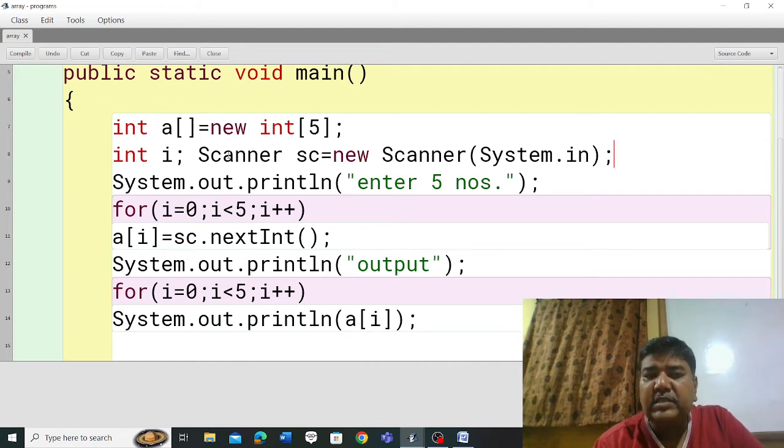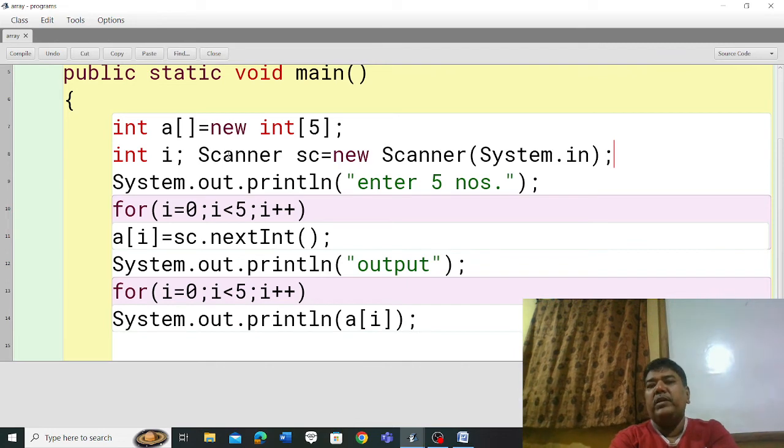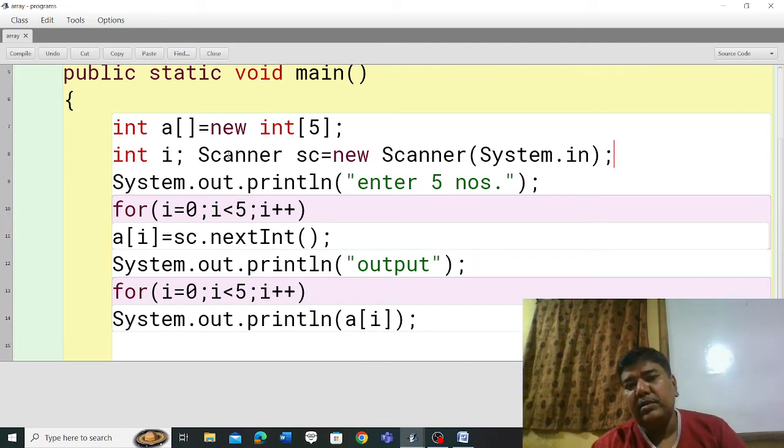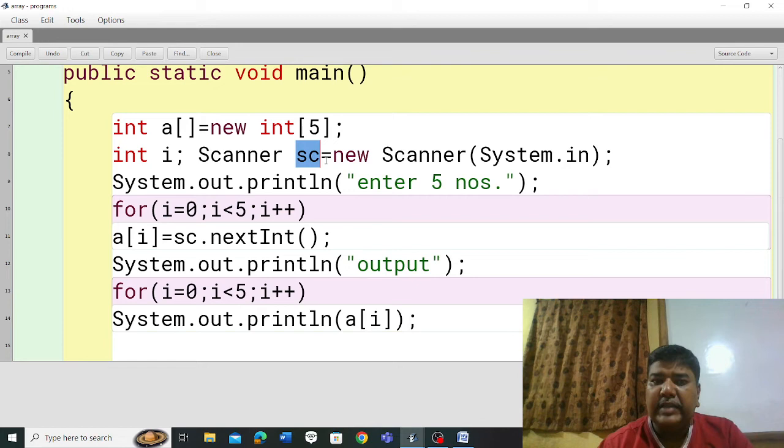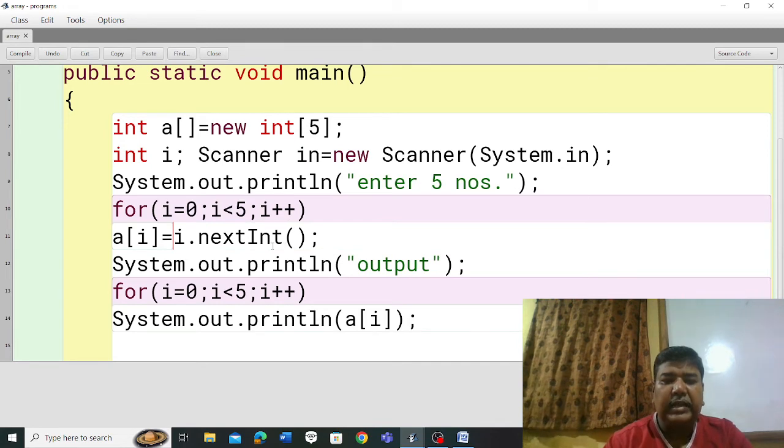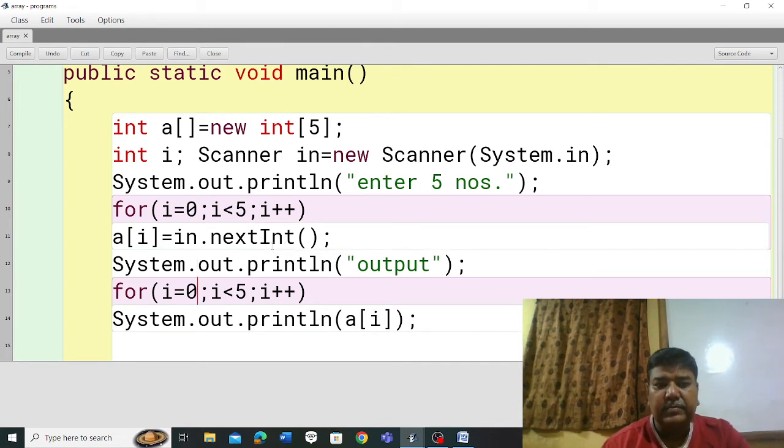So instead of sc you can write any other variable name, like op, in, input, x, y, z, anything. But whatever object you write over here, like I am removing it this time and writing in, then wherever I am using sc, at that place I will have to write in. One place only I have used, so I will write in.nextInt().